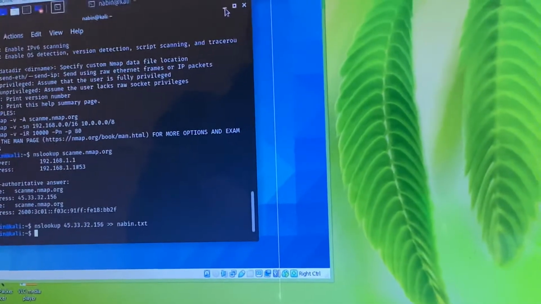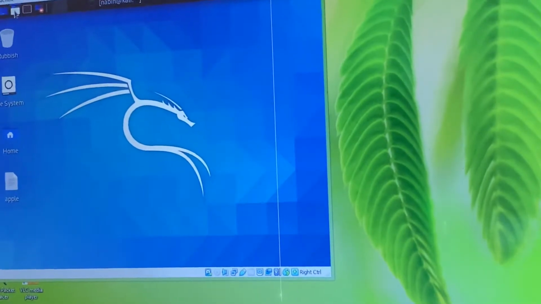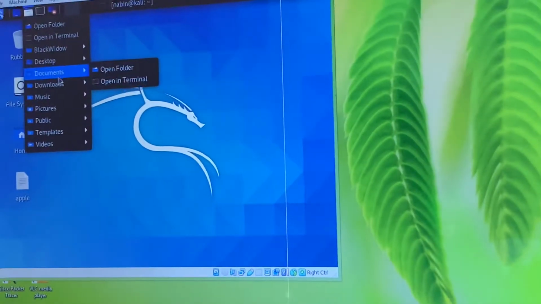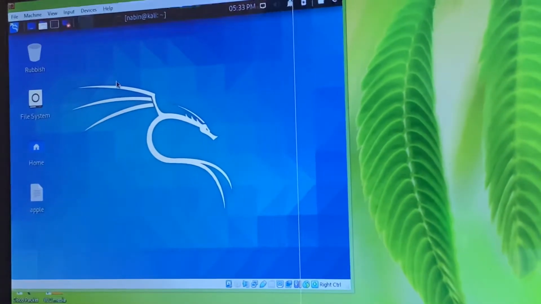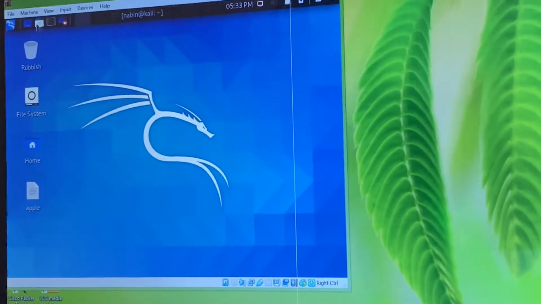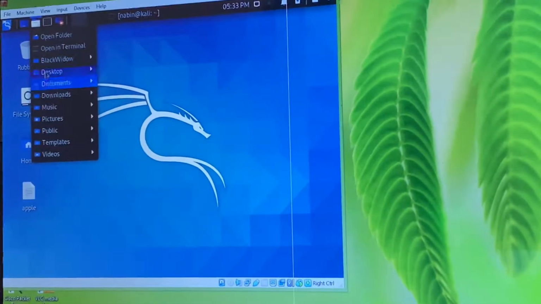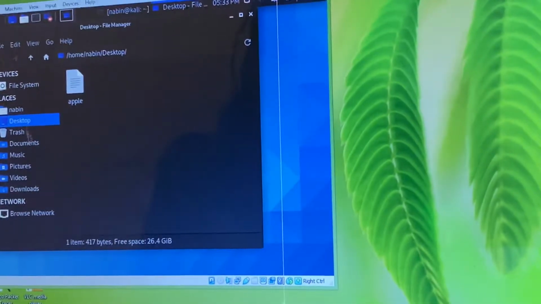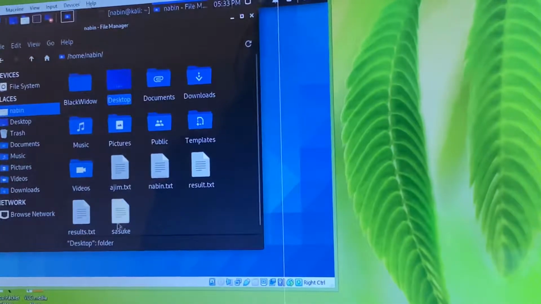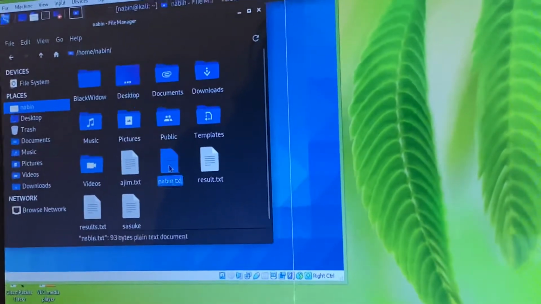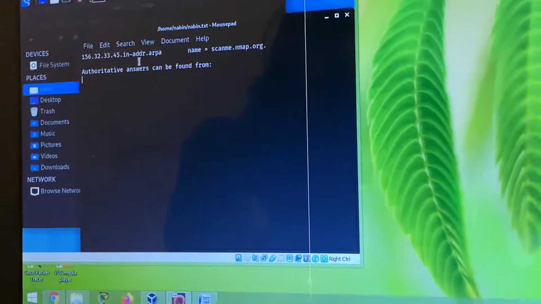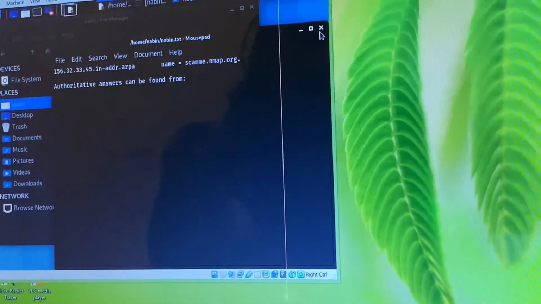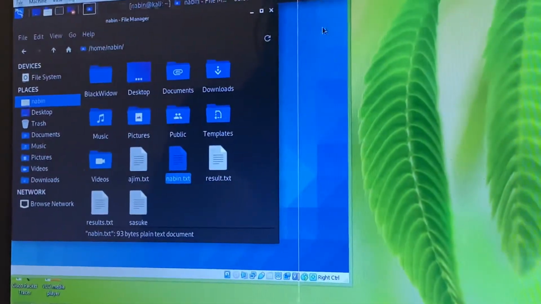We can look at it in the folder navin. Here we can find this navin.txt. In this one we get all the information about scanme.nmap.org, and the next scanner is Nikto.